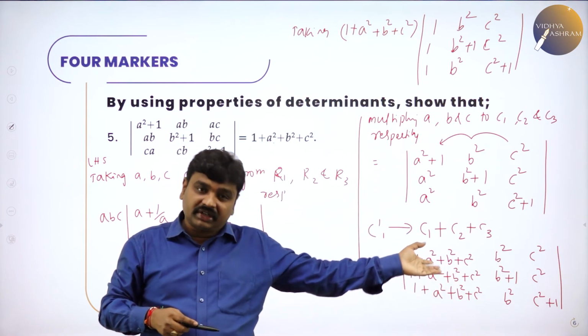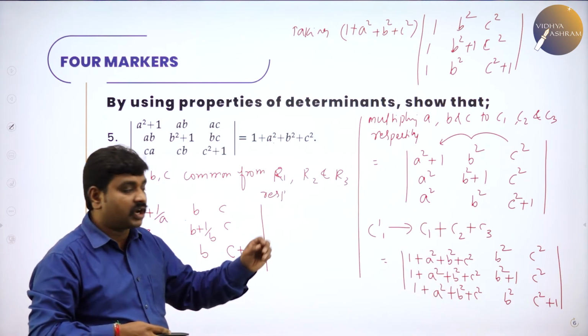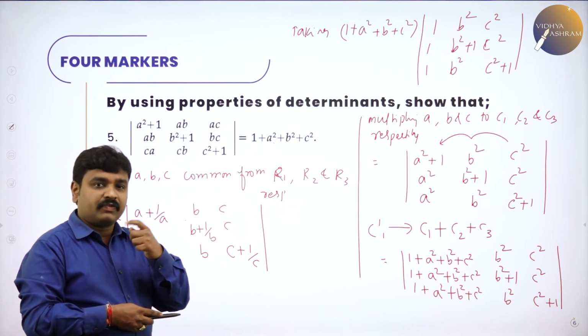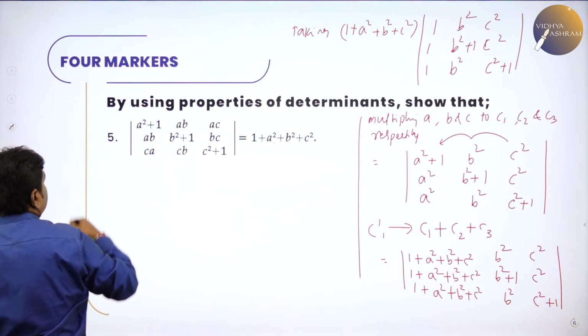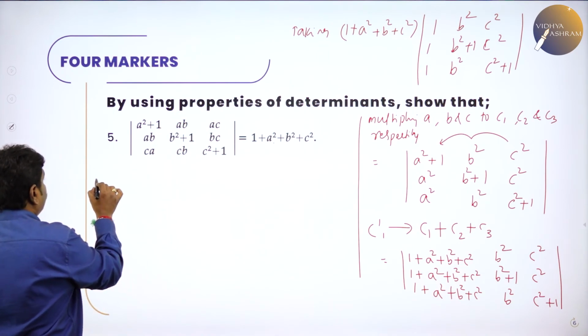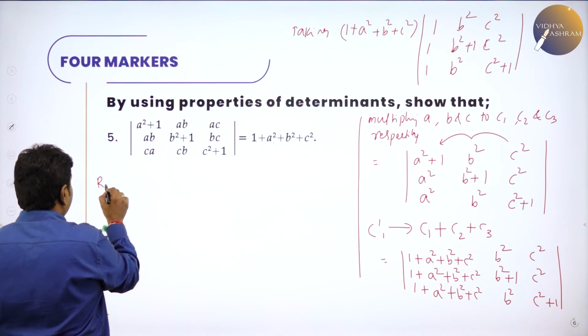That's what I have done. Then take out 1 plus a square plus b square plus c square common. You will get the required value. I hope all of you got this. Now we'll go ahead with the remaining part, that is 1 plus, perform R2 dash is